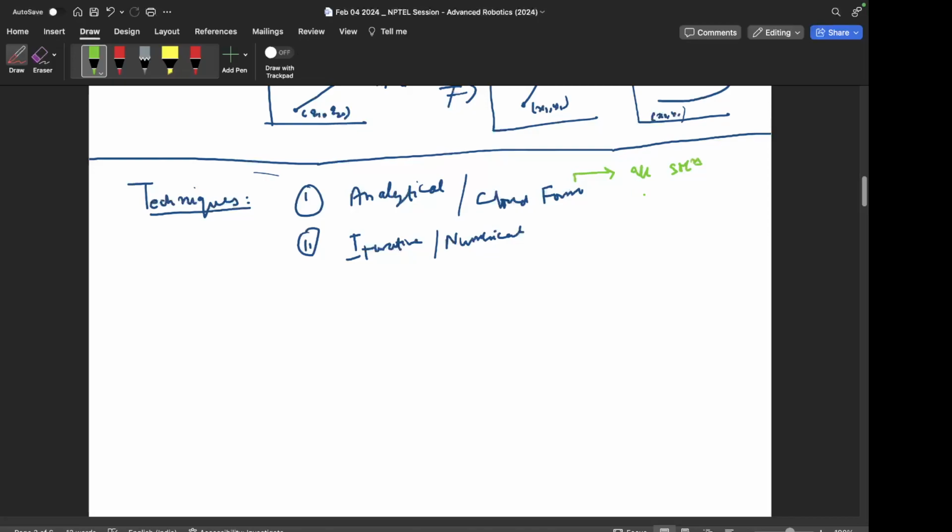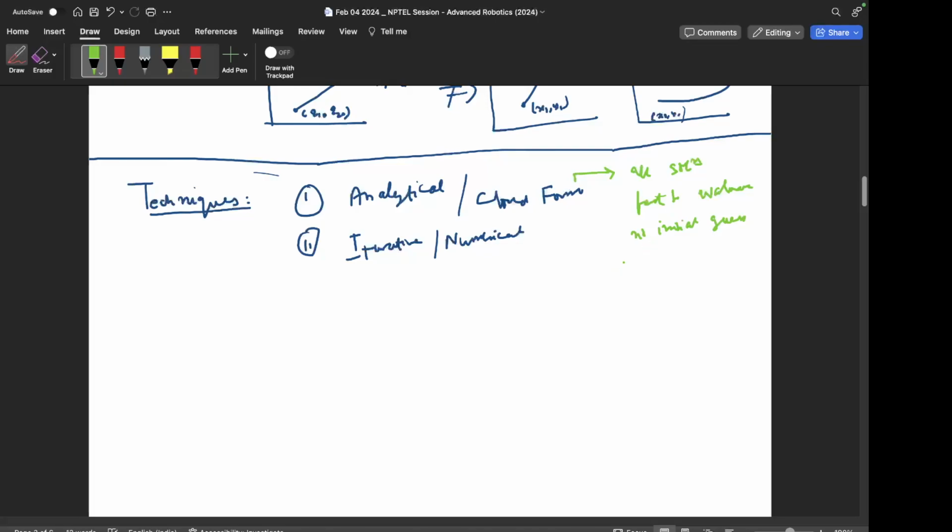Also, it can be tedious to derive the first time, but once computed, it is very fast to evaluate, right? Because you have closed form expressions which you just need to evaluate, right? And also, you need not guess anything, right? No initial guess is needed,